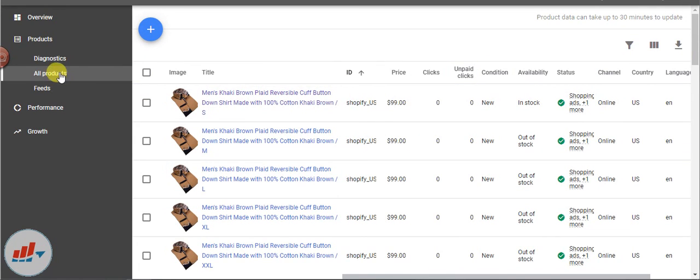So this is how you need to first of all ensure, in order to create targeted shopping ad campaigns within Google Ads, you'll have to first fill out and provide all the necessary parameters for Google Shopping within the product description in the Shopify inventory, and then I would advise you to start with an ad campaign. Okay, so I hope your doubts are clear, and in this way you can always create a Google Shopping campaign easily. Thank you.